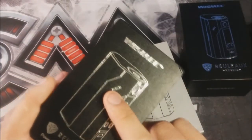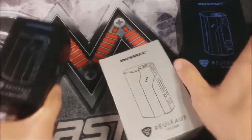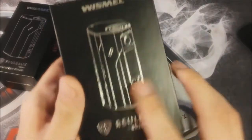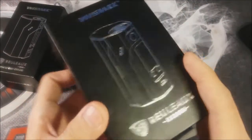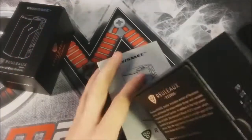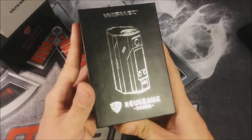This one only came in one color, which was a silver and gunmetal color, which actually later on, this one was released in the same color scheme originally. But we'll talk all about that. And before we get into that, let's push these to the side and let's check out the RX200S, and let's